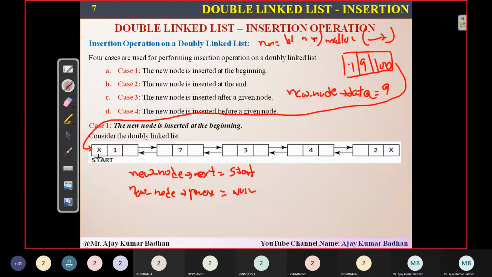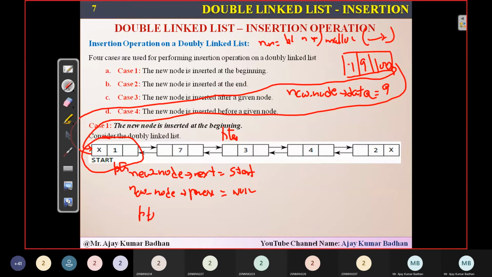But you know, this is a double linked list. So there should be a reverse link from here to here. So how can I form that? You know that this is present in this particular node, right? So either you can write something like start... but start is a pointer variable, so I can't use start. So definitely I'll be using a node pointer variable PTR, that will be pointing to start.